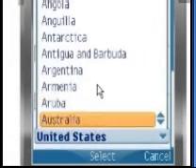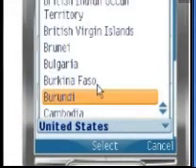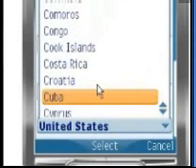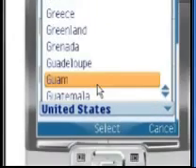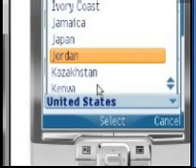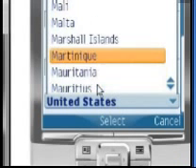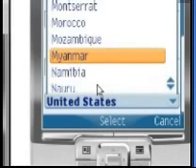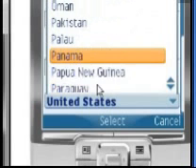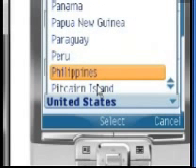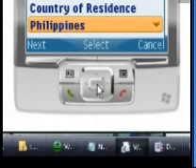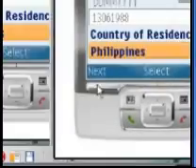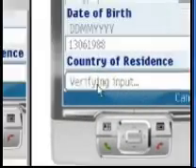I choose Philippines. Oh, where is the Philippines? Philippines. Proud to be Pinoy. I see, yeah. Philippines. Select. Then, I'm done verifying input.